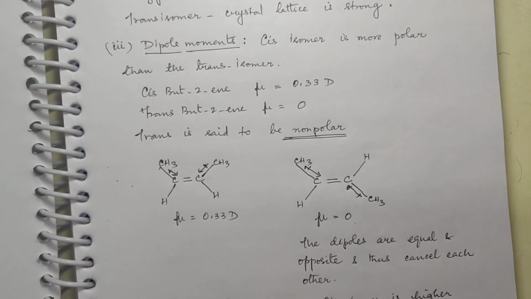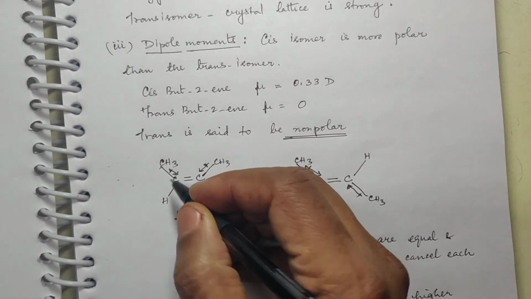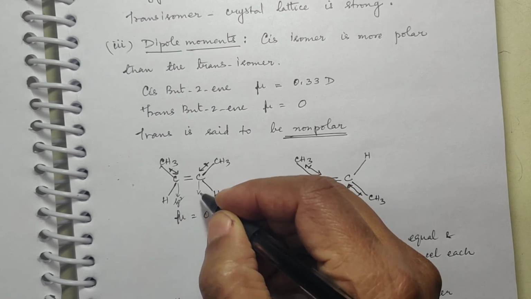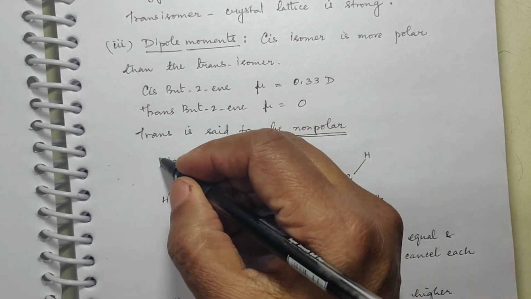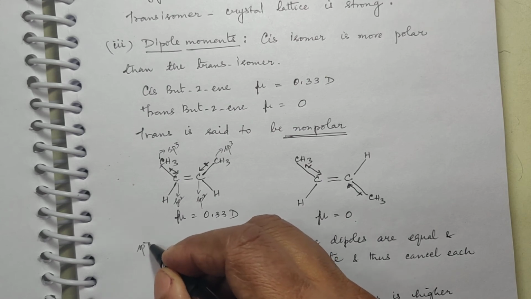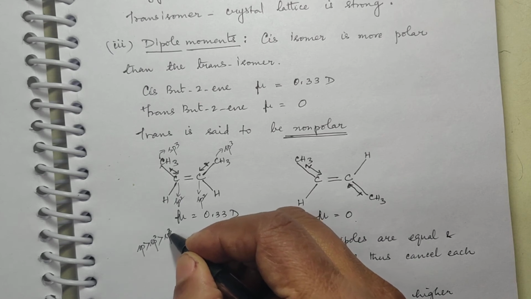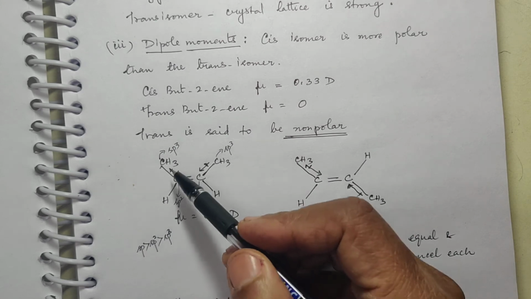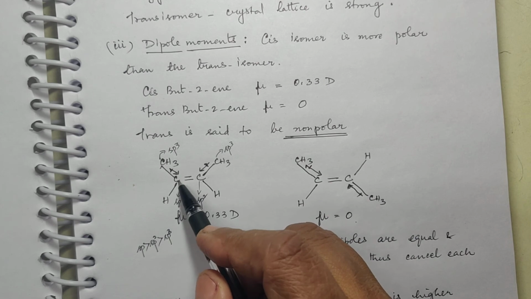Now look at the structure. Now when you draw the structure, you will find that this C is sp2 hybridized. This C is sp2 hybridized. This is also sp2 hybridized. Whereas this carbon is sp3 hybridized. And you know very well that sp carbon is more electronegative than sp2, more electronegative than sp3. So when you know that sp2 carbon is more electronegative, the electron pulling effect will be towards the more electronegative atom.